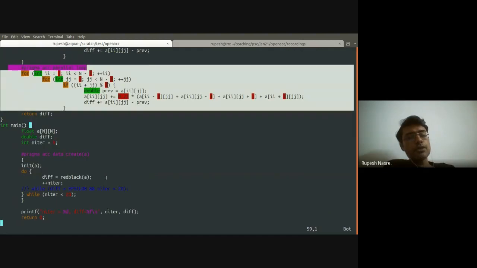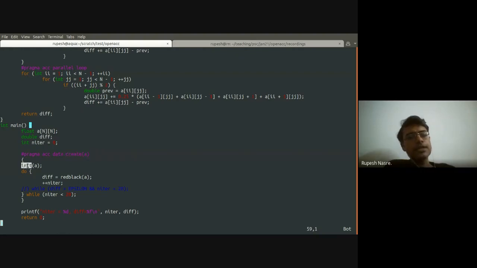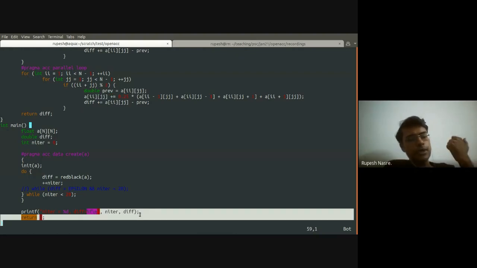So this data clause is going to be much more important in our numerical methods, because there is a time varying entity involved in this. So I create this matrix A on the GPU, and then I initialize it directly on the GPU. Why am I not copying it back? Because that matrix is actually changing. Well, I should copy it back, just that I am not using it here. Therefore, I have not copied it out, but otherwise a copy out of A can be also added there.